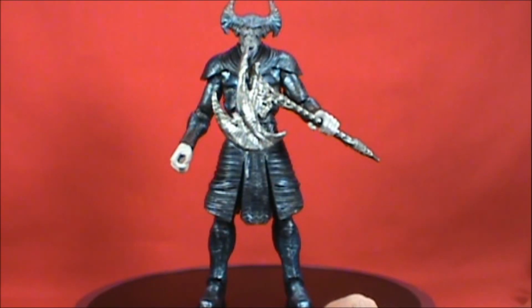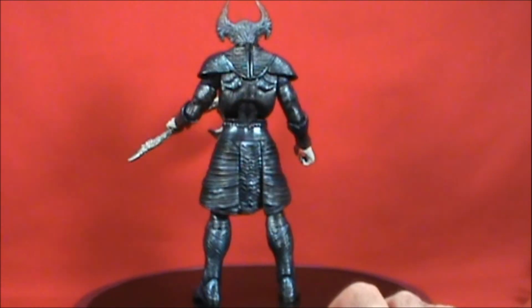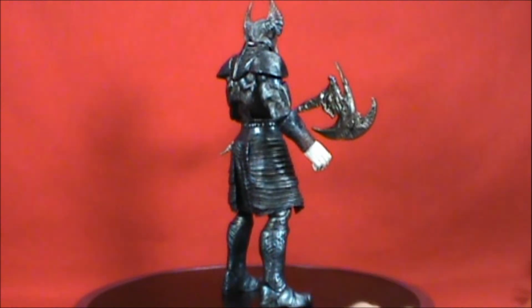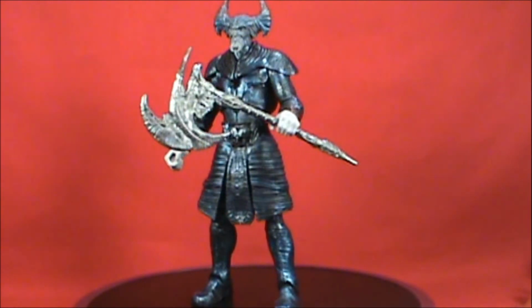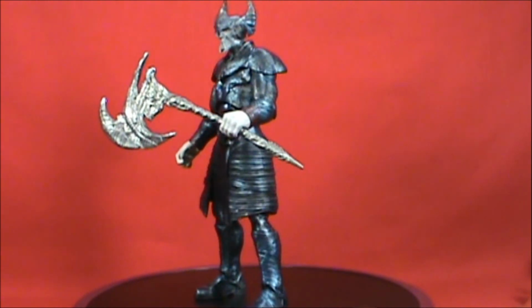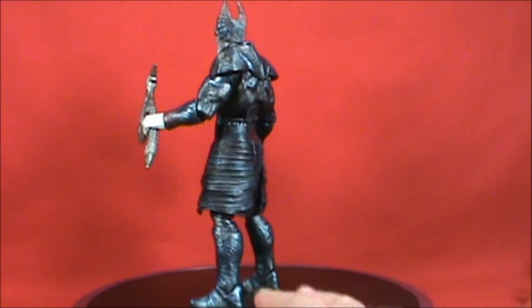Wow, this guy is massive. I've got my camera backed up a little farther than normal. I can barely touch the table to rotate him. This is a massive, massive, massive finger. There it is. That's what she said. Wow, bad joke. Anyway,